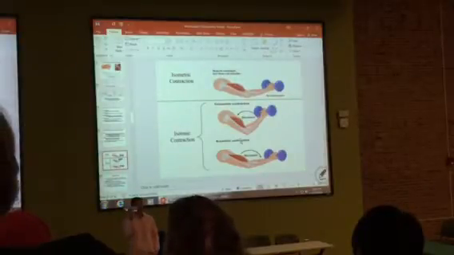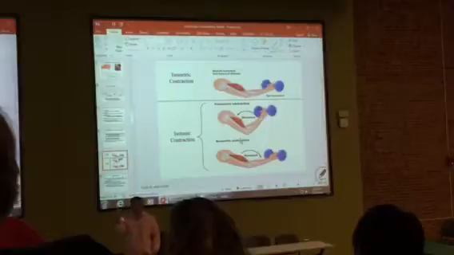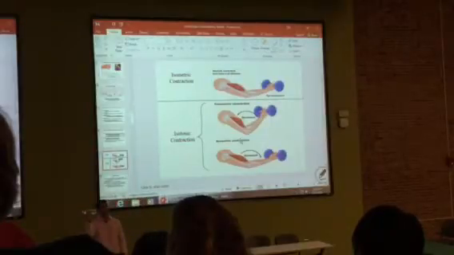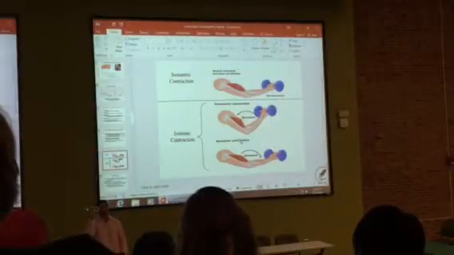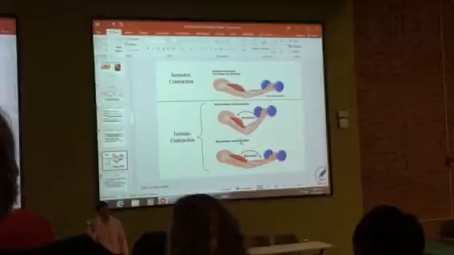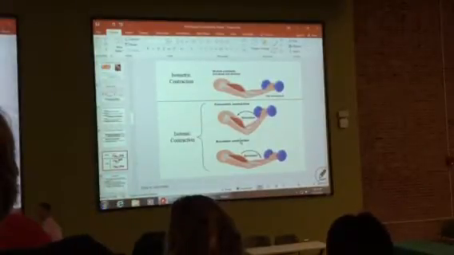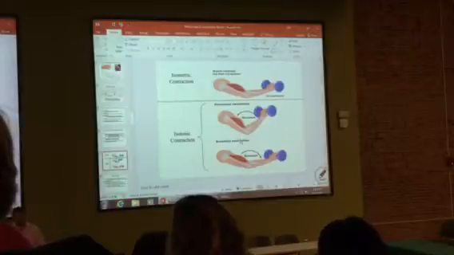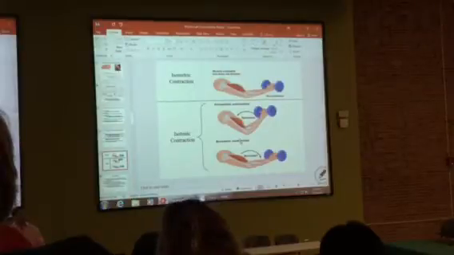Concentric, concentric, what am I at right now? Isometric. I'm balancing the resistance. Concentric, isometric. Concentric, isometric. Eccentric, isometric. Okay? If you are holding something and it's not moving, if you hold a book in front of you when you're studying, if you're sitting in front of the TV with a remote and you're frozen for whatever reason, that's an isometric contraction. Why?